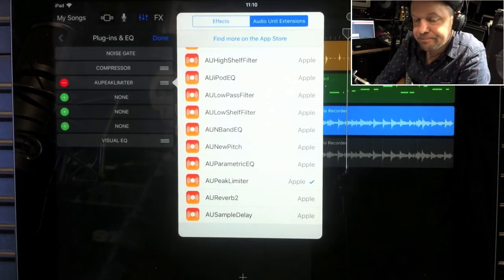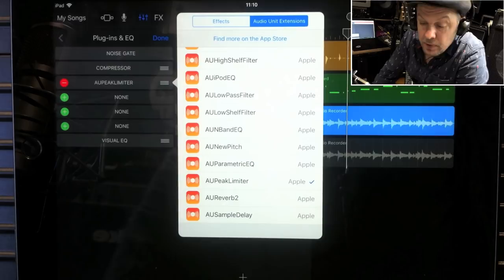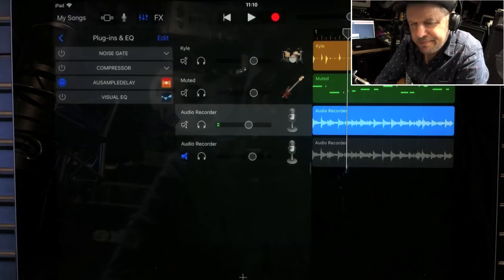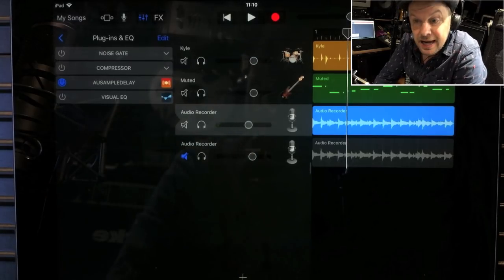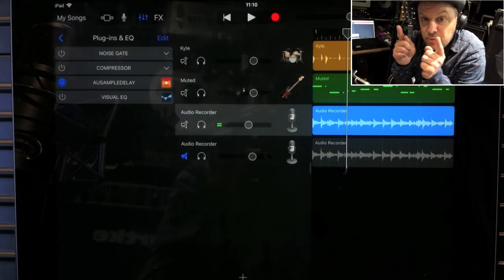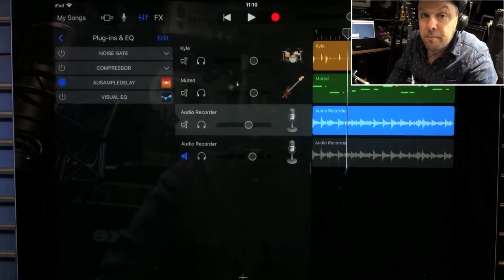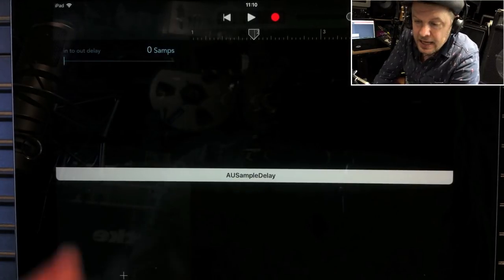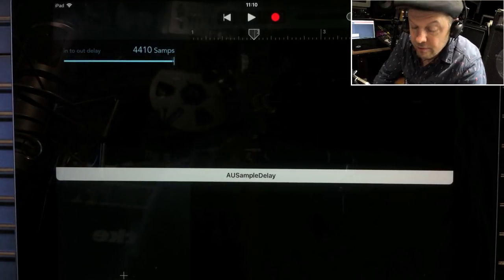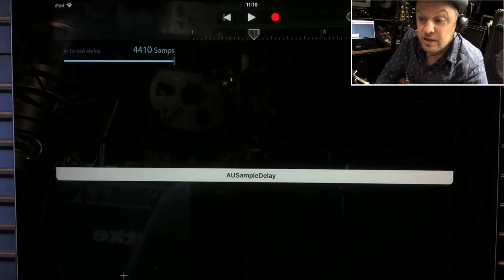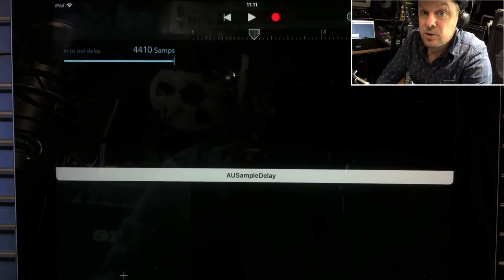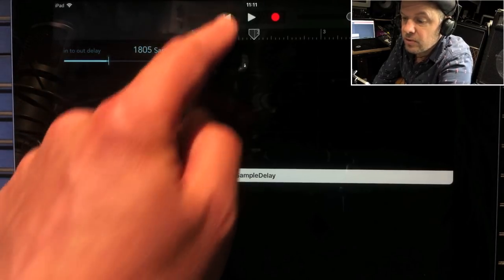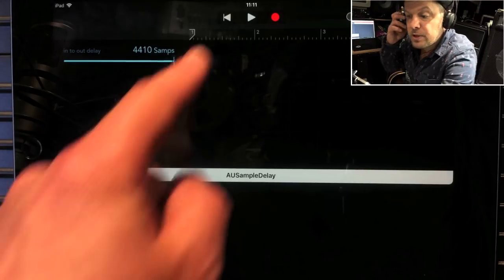Sample delay. Now, if you have latency issues, or there's something that's recorded and you think, oh, it's a bit sluggish, this is where the sample delay comes in. What it does is essentially the same thing as moving one of your audio tracks along, but it's very fine control. In to out delay. 4,410, that's 1/10 of a second, because 44,100 samples is 1 second. So this is a very, very fine control. Now if I put this on guitar with the maximum delay,